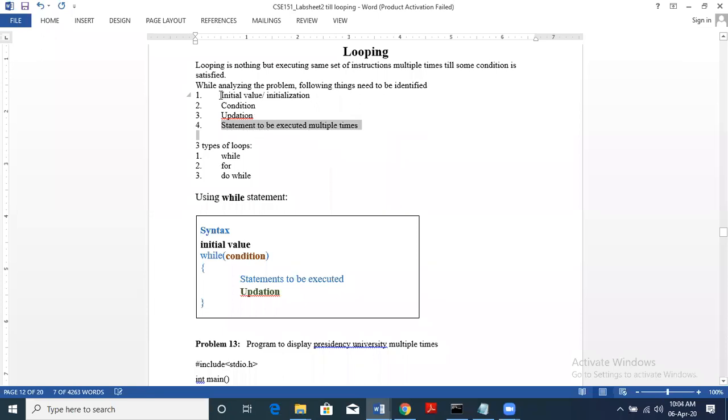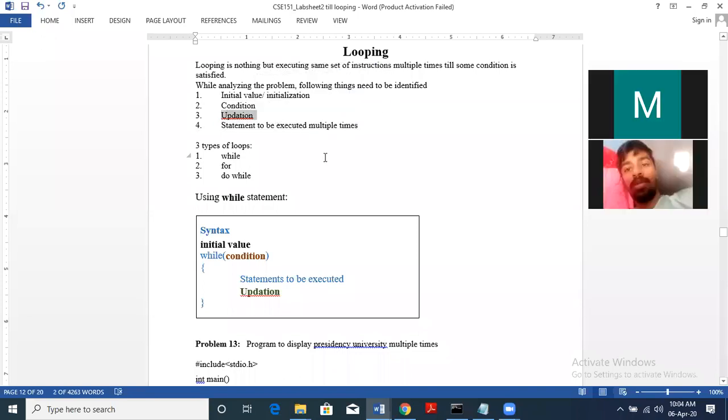So mainly, we need to understand the important feature of any type of loop. There are 3 things in any type of loop: ICU, that is initialization, condition, updation.